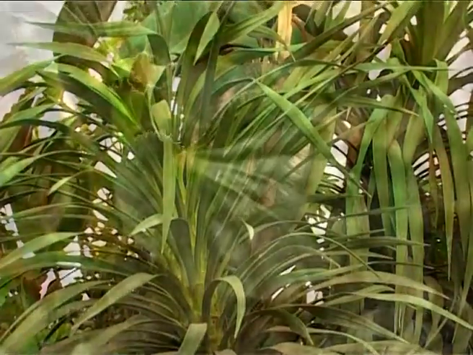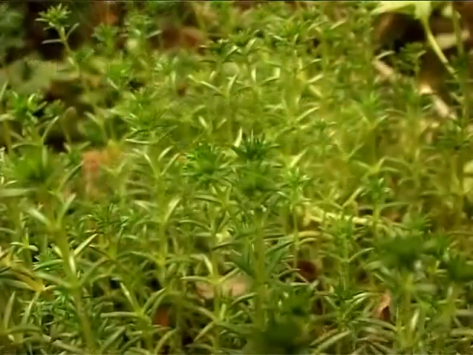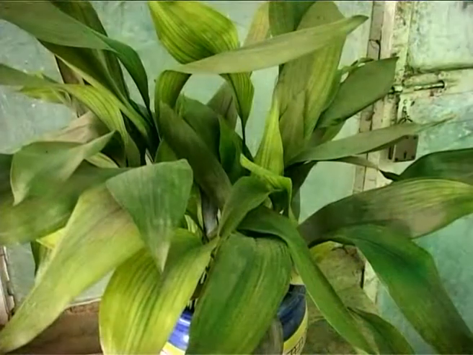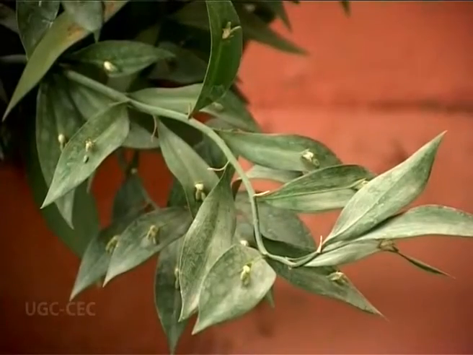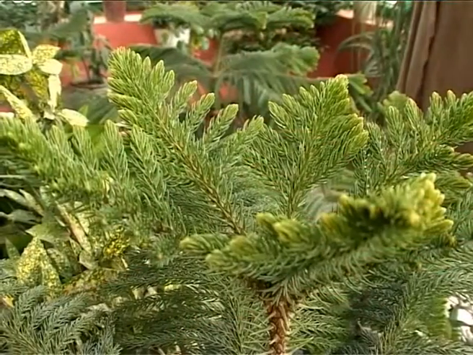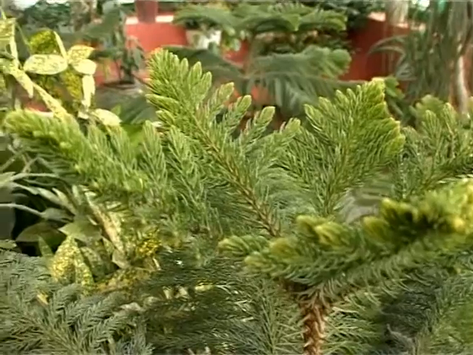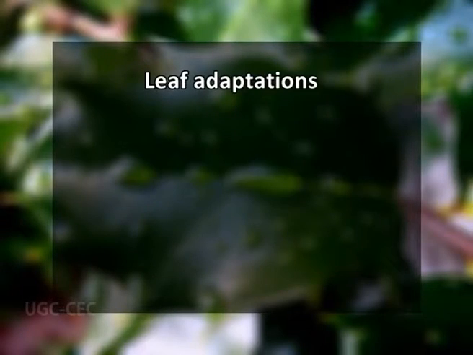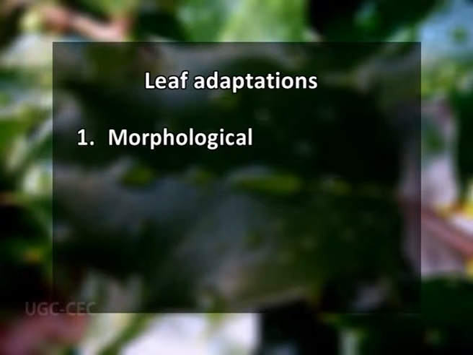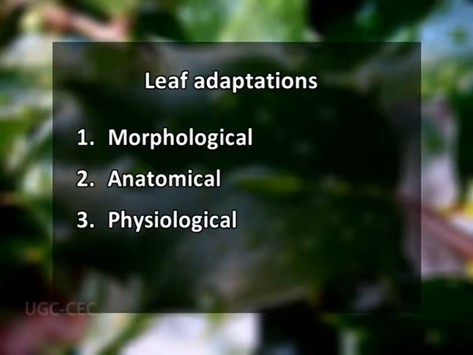The capacity of inhibiting or extremely minimizing water loss and its efficient economical use is the survival secret of plants which are able to grow in xeric or water stress conditions. The various types of adaptations which are shown by leaves to water stress can be studied under three heads. 1st, morphological leaf adaptations, 2nd, anatomical leaf adaptations, and 3rd, physiological leaf adaptations. Let us first discuss some important morphological adaptations which are shown by leaves to water stress.